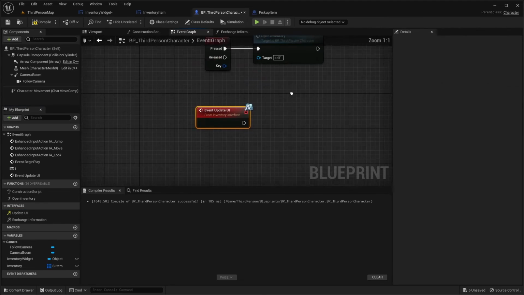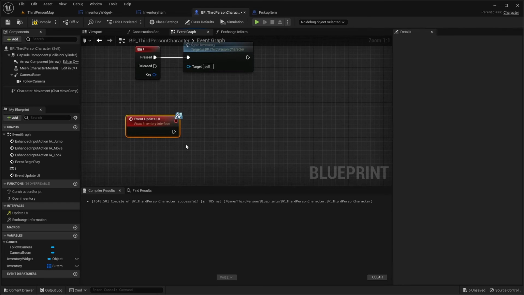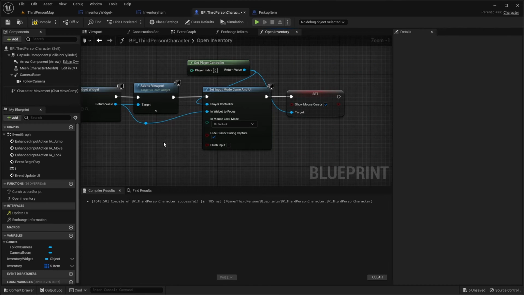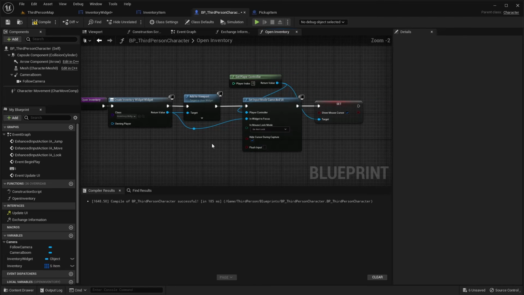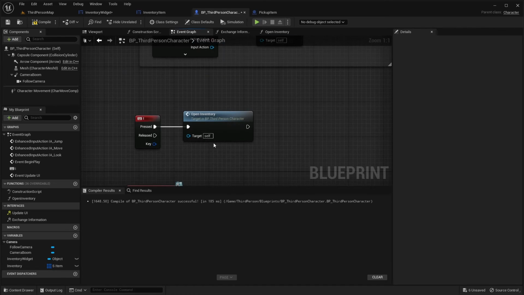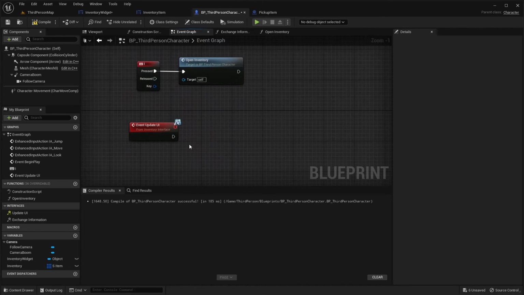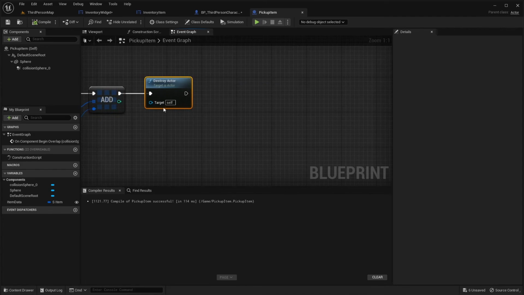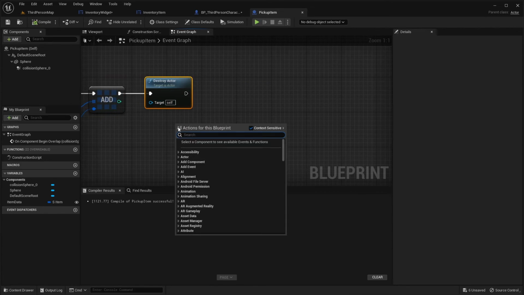So if we double click our update UI, it'll give us our event here. I want to update this. I want to remove that inventory widget, and then I want to create a new one every time we update. And this update UI is going to be called in our item after we pick this up. So after the item disappears after we picked it up,